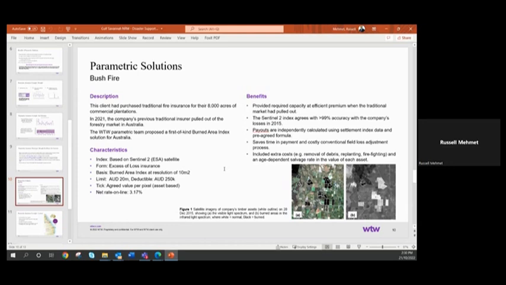Just looking at the characteristics, the limit of the cover, they've got $20 million cover for their forestry. They've got to pay the first $250,000 of any claim, and the rate is around 3% of whatever sum insured they choose. So, for example, $100,000 would be $3,000, $1 million would be a $30,000 premium. Again, another cover where this particular insured did have a fire in recent years and could not get cover in the general indemnity insurance market. So, a parametric worked for them.